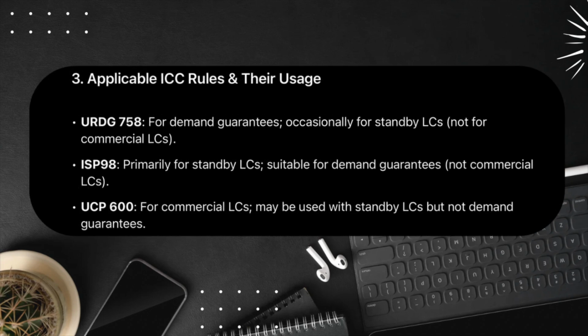Which rules to choose? When selecting rules, the type of instrument being issued is the main consideration. The primary factor in your choice should be the type of instrument being issued. You should aim to use the rules that are most appropriate for the type of instrument. However, sometimes you may see instances of issuers using the rules with which they are most familiar, rather than the rules that are most appropriate for the type of instrument. If you are unfamiliar with a set of rules, it is better to take time to study and understand these rules, rather than simply use other rules with which you are familiar.